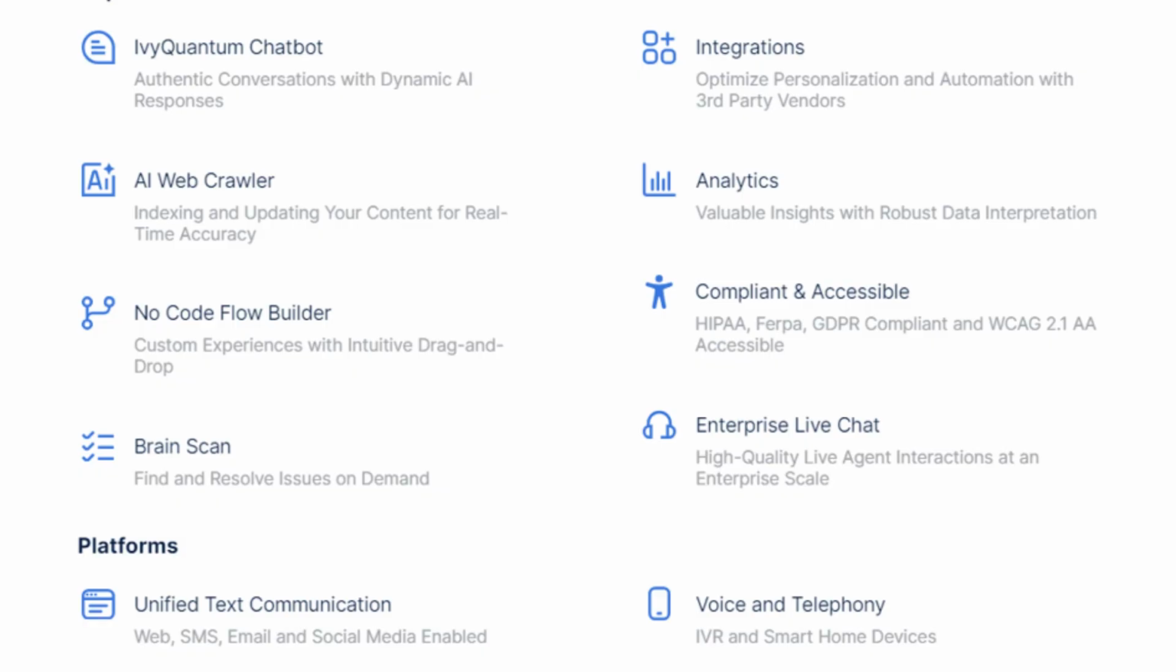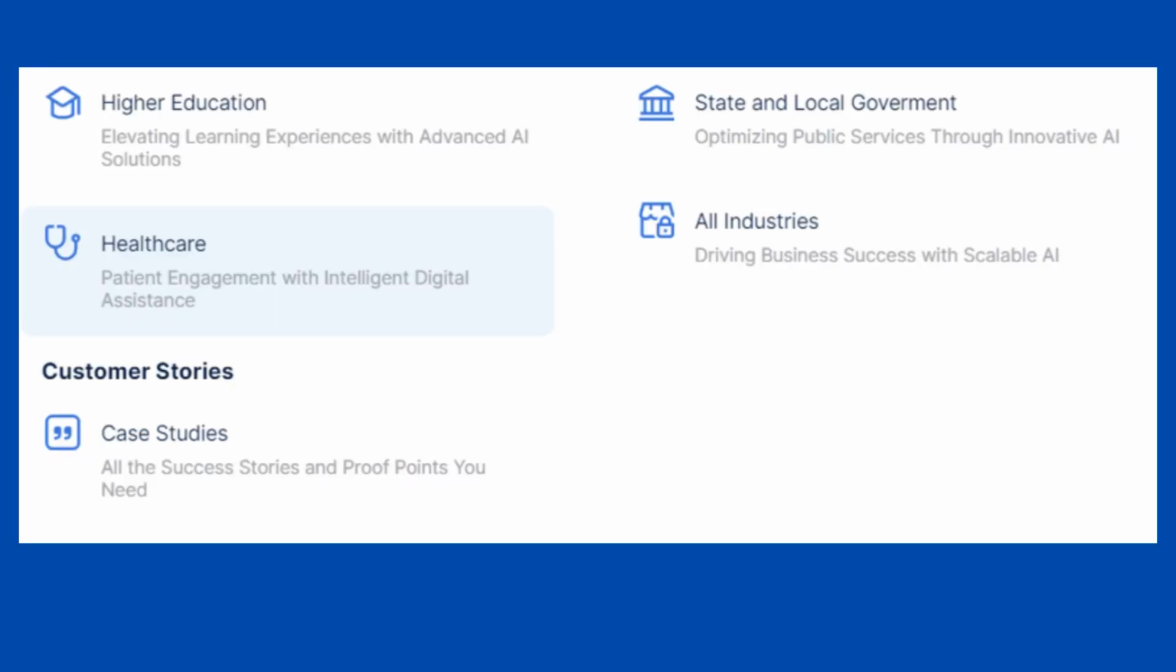And the next is Ivy Chatbot. Ivy Chatbot is a multifunctional chatbot AI tool that was specifically designed for universities and colleges. And as you see on the screen, it has a lot of features: Ivy Quantum Chatbot, AI Web Crawler, no-code flow builder, brain scanner, platforms, unified text communication, integration, analytics, enterprises, voice and telephony. Its features are live chat and SMS, integration for Facebook, ERP, CRM and SIS, and it becomes smarter over time